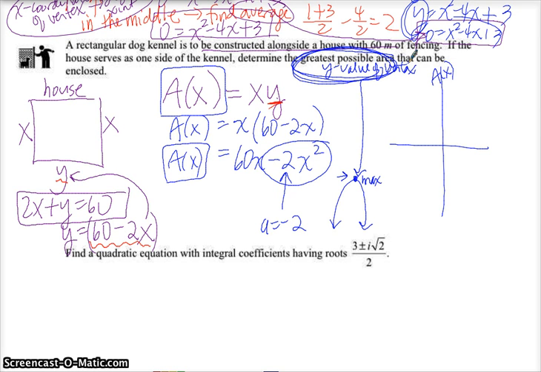That's what my maximum is. So what does my x-axis represent? That represents the width or length of one of the dimensions of the house, right? So it's a length or width or dimension, sorry, not of the house, but of the yard, the kennel,